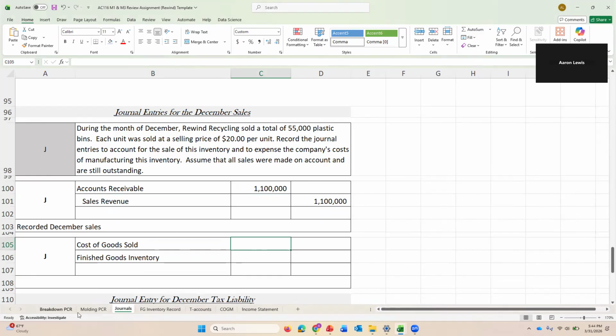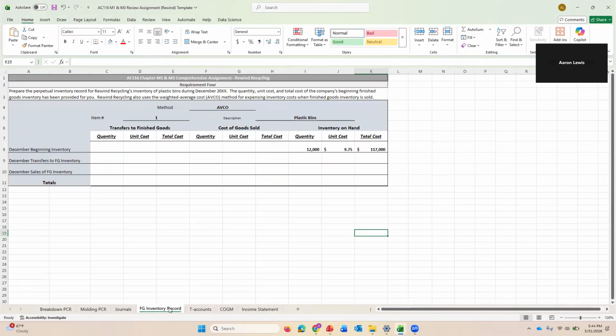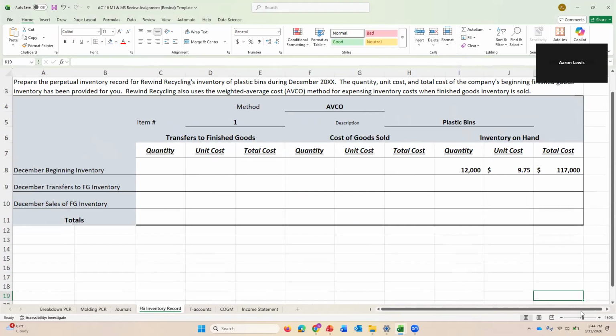Well, we know how much cost flowed through our inventory, like $480,000 of cost got transferred to finished goods, but that's not how much the units that we sold cost us. To figure that out, we're going to need your perpetual inventory record for what was in finished goods. Very simple, bringing back something from financial accounting here. We are using the average costing method, which means every time we sell a unit, even though some units cost more than others, we're going to assume in this case that the